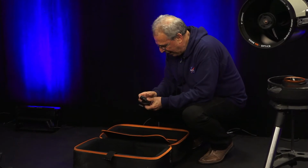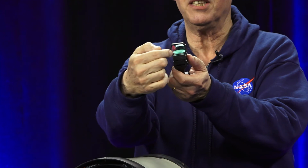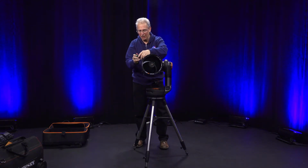Has to be the last thing. All right. This is a typical finder scope. There are different types. This is what they call a non-magnifying. So whatever you see through here is what you're going to see in the sky, but it has a little red dot at the center. That's very important. Attach it